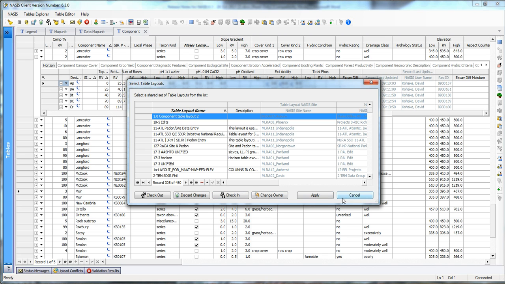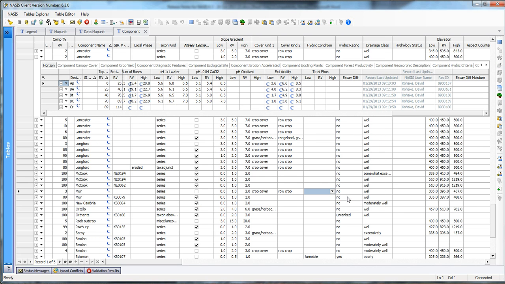So that gives you a good idea on how you can manipulate your table layouts. And what can you manipulate? Well, you can manipulate the sort columns. You can manipulate those columns that are frozen. You can manipulate the width of all the columns, and you can manipulate where these columns actually appear. I can click, drag, and move columns over so that they appear where I want them to appear. So if you're tailoring things down to a specific